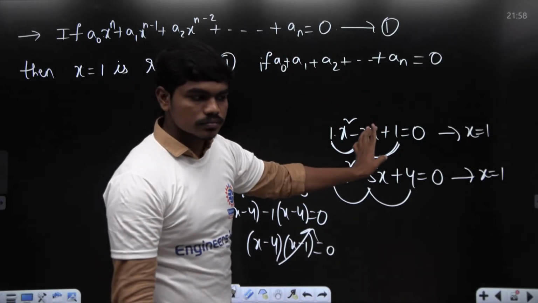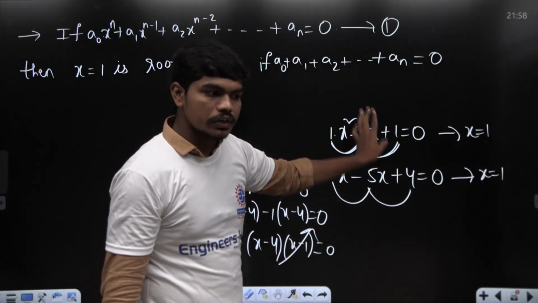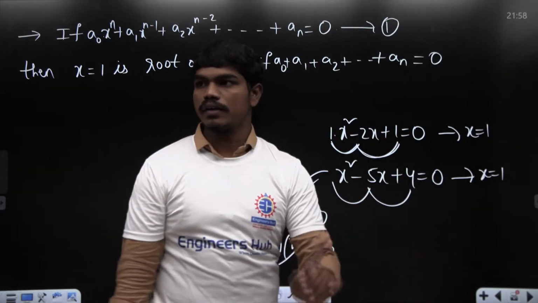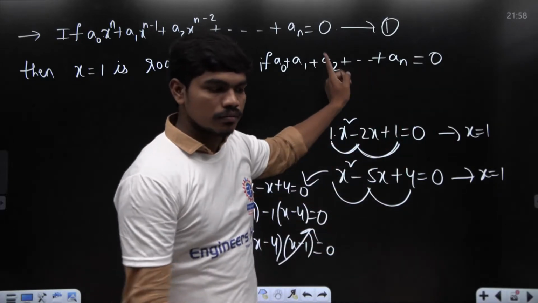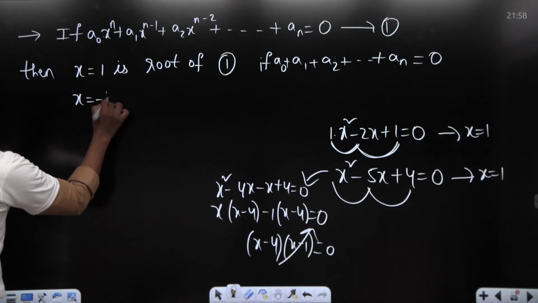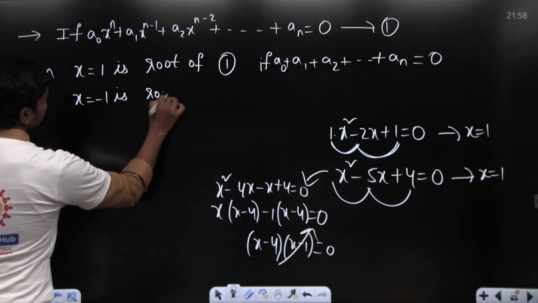Is that clear? Is it clear to all of you? Did you all understand this point? Whenever the sum of the coefficients is 0, then x is equal to 1 will be one solution of this equation. Yes. Now, x is equal to minus 1 is a root of